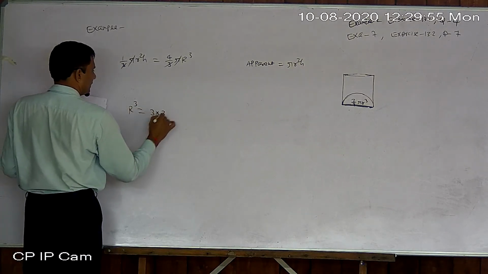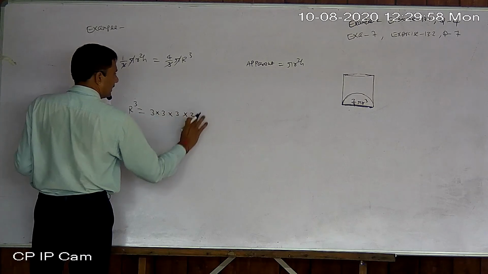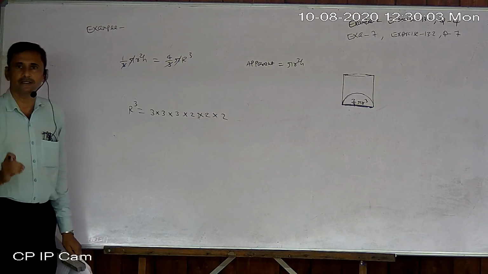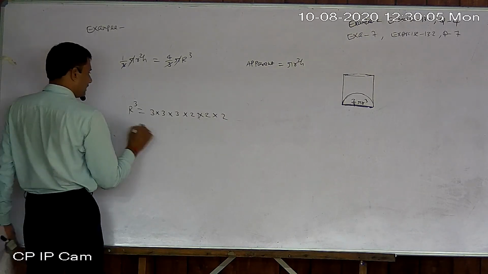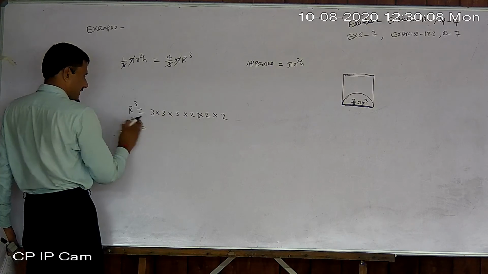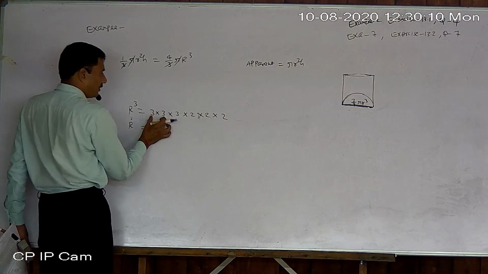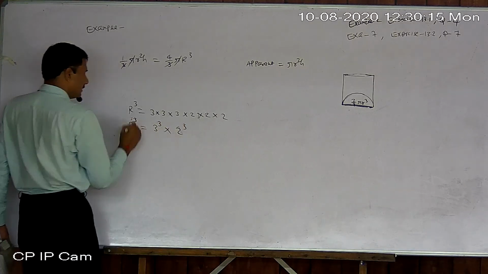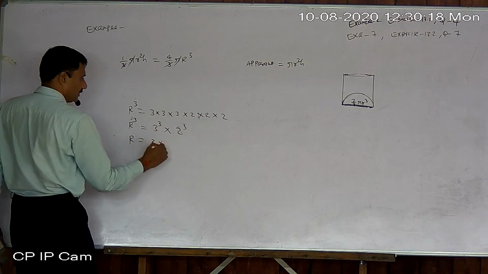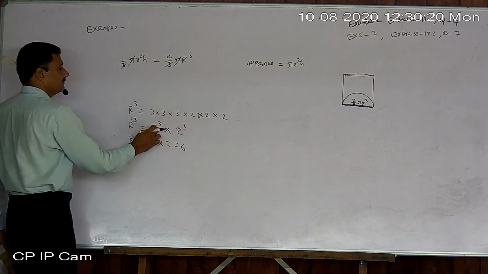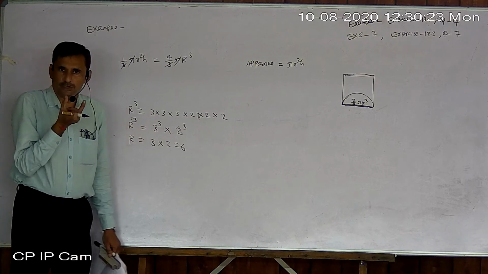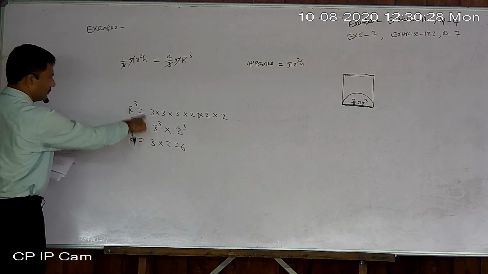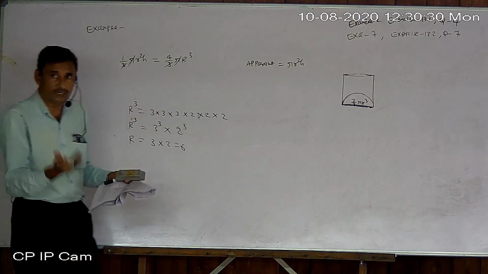Prime factorization. Whenever you want to find a square root or cube root, always do prime factorization. After that, if it is a cube root, make groups of three to form a cube. So take the cube root: 3 into 2 is 6. But if it is a square root, write down pairs of two numbers, 2 square, 3 square, like this. So that is how to find the cube root. Otherwise, everything is just repeating.